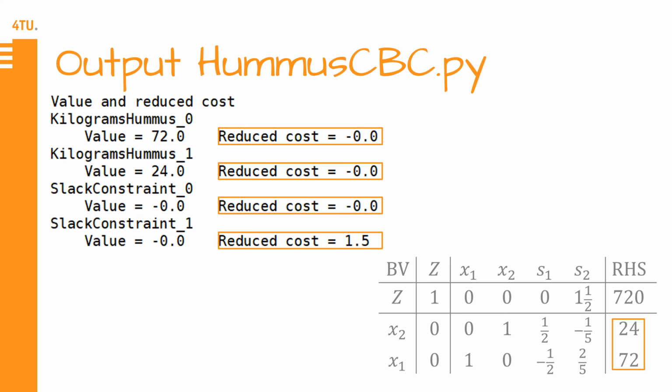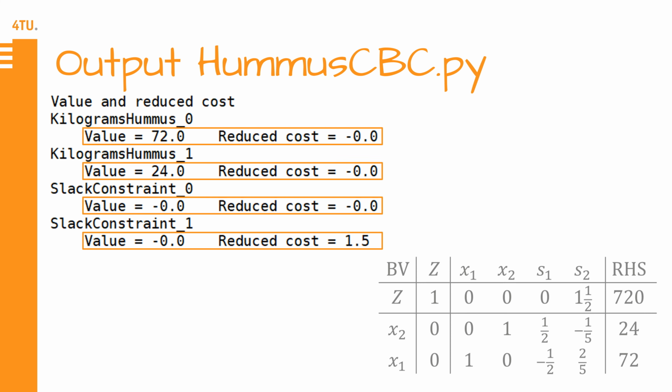The reduced cost of the decision and slack variables represent the cost of increasing the corresponding variable with 1 unit, which will reduce the value of the objective function. In the final simplex tableau, the reduced costs are given by the coefficients of both the decision and slack variables in the z-row of the final simplex tableau.